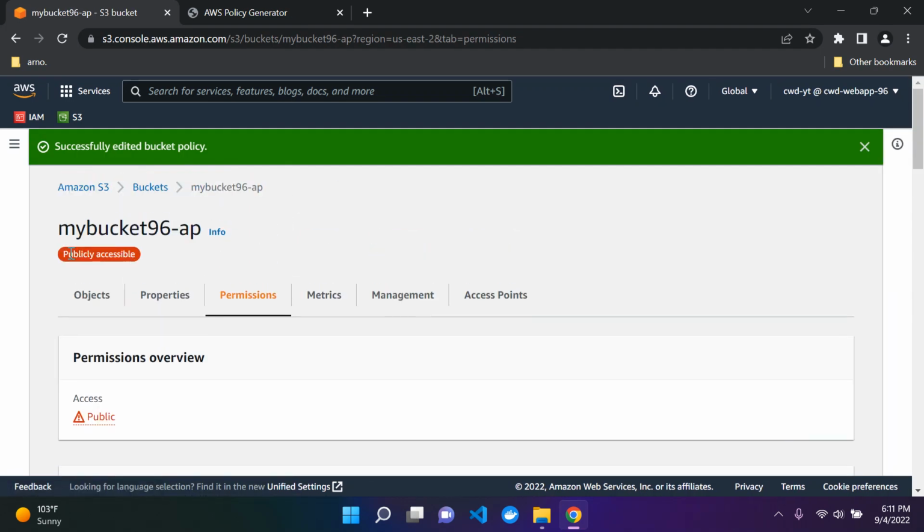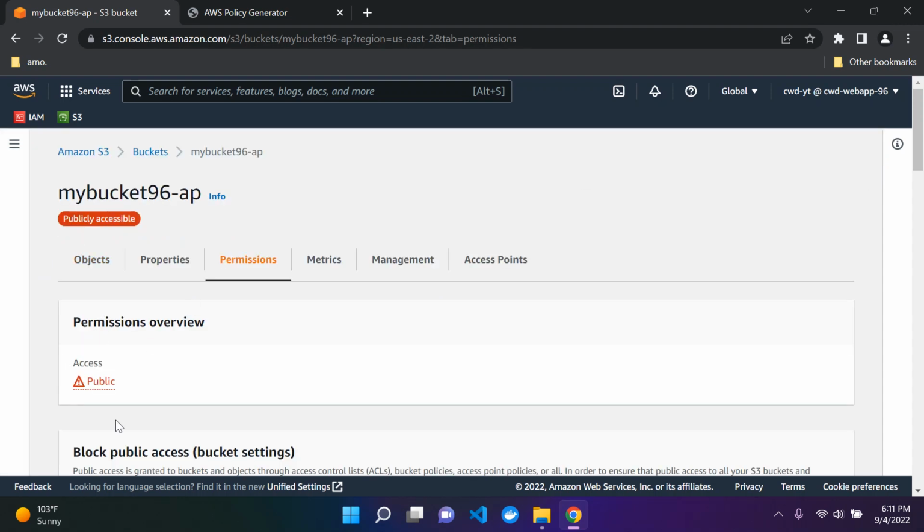And there we go. Now we can see it is now fully accessible. It's now publicly accessible. So before it was, but only to an extent with certain conditions. But now we can see anyone can access all the objects in our bucket here, my bucket 96 AP. So if we go to our bucket here,